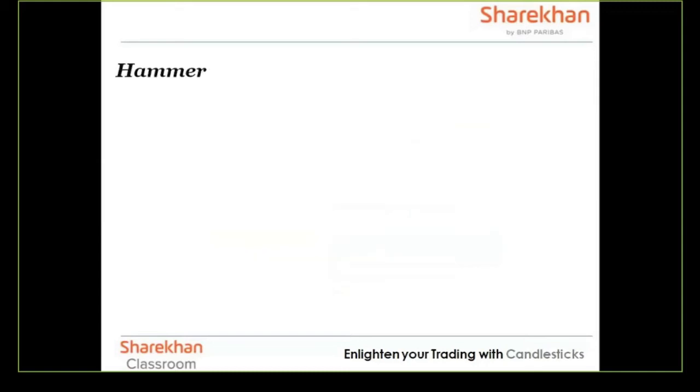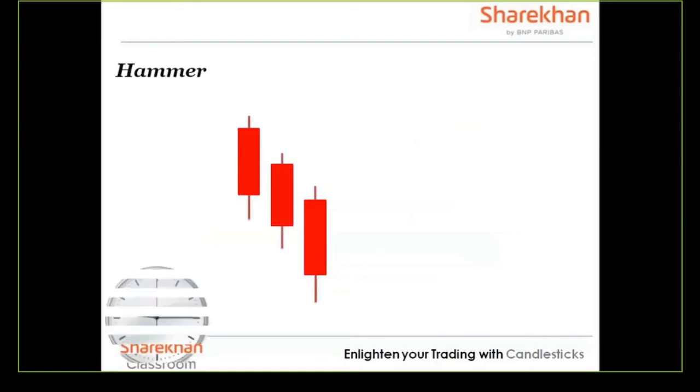Starting off, let's look at the most important, most effective, and very popular pattern, which is called a hammer. We will take this pattern in detail, friends, so that for the other patterns, it becomes easier for us to understand how the price action takes place. So let us say the prior trend was down, which is the first condition for this. And then at 9:15, the price opens at a particular rate for this particular stock, might be anything.